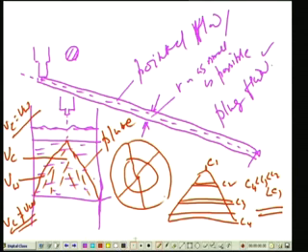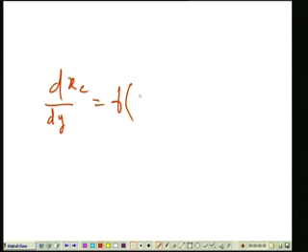Say if you consider a case like this, the concentration at a point xc would be a function of the initial concentration, xc0, and other aquifer parameters,